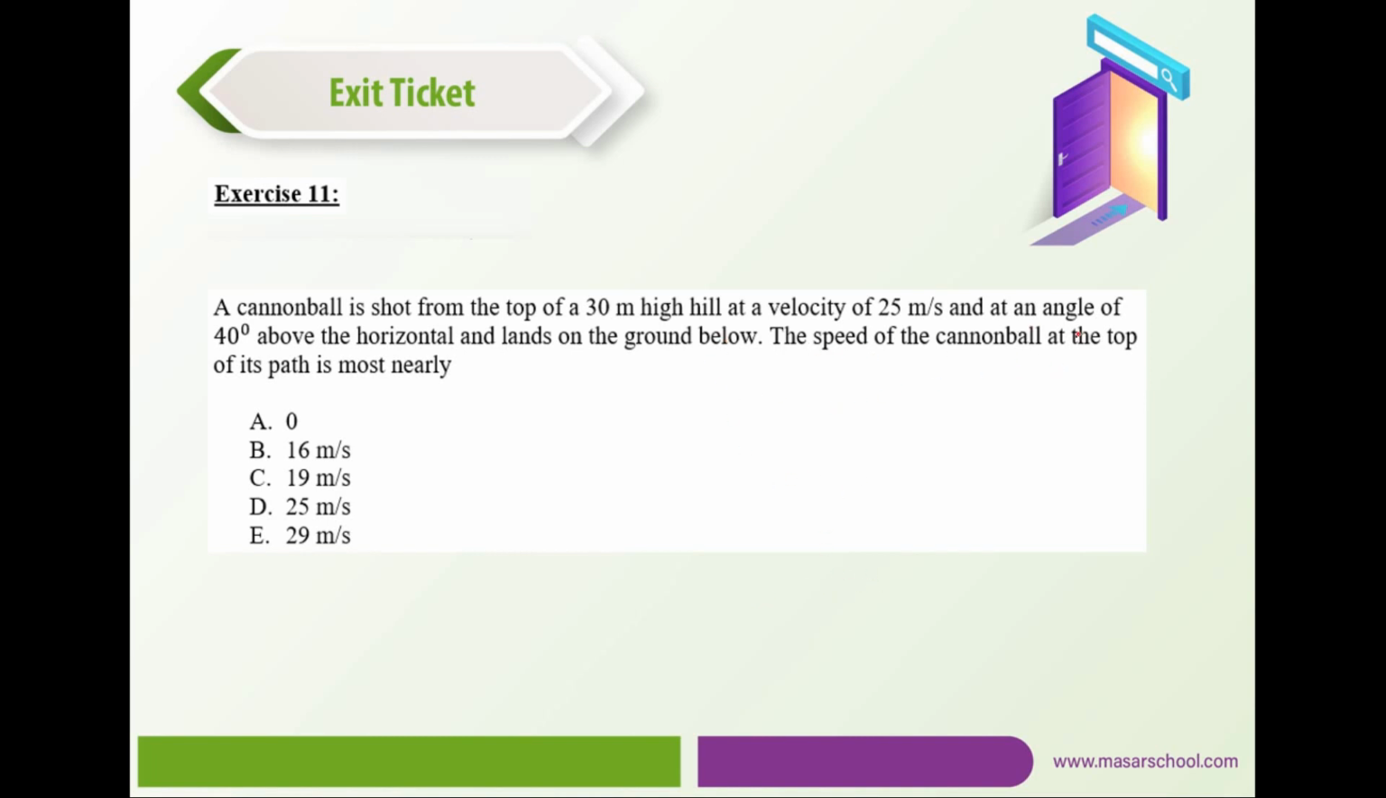At the top of its path, which is the maximum height, Vy is equal to 0, but we are interested in the speed. The speed involves both Vx and Vy. Vy is 0, so it's left to determine Vx. Vx is constant along the path, and it's given by V0 cosine theta, where V0 is the initial speed and theta is the launch angle, which is 40 degrees. Plugging that in the calculator, we get a value of 19.15 meters per second, and the closest to that